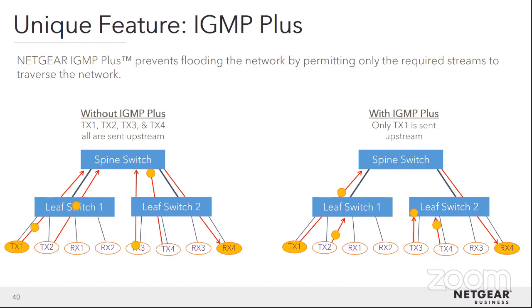In which case we will not send that traffic up to the spine switch. We will only ever send it to the switch that that device is connected on. Should a device on leaf switch, say, RX3 want to receive the stream from TX2, or vice versa, maybe TX3 or 4 want to send video streams back to leaf switch 1, then as soon as that comes in, we will allow and send those video streams